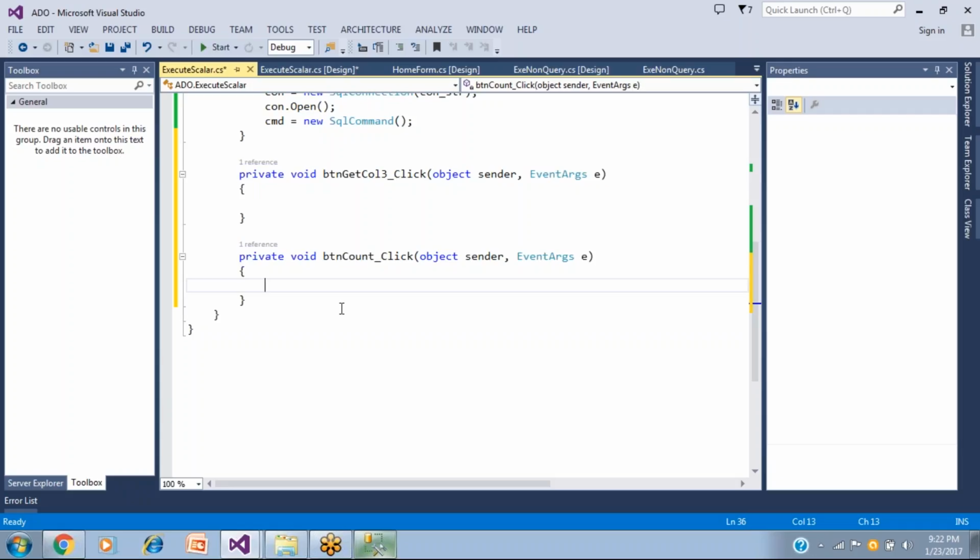Now let us work with execute scalar for get column count. There is a query we understood from the database, by which we can get the number of records available in the database table. How can we get it? By using the query select asterisk from the table that we had, that is table 1. When you have table 1, all the records from table 1 will come. But I just want the count of the total records. I just want to ask what is the count of the total records.